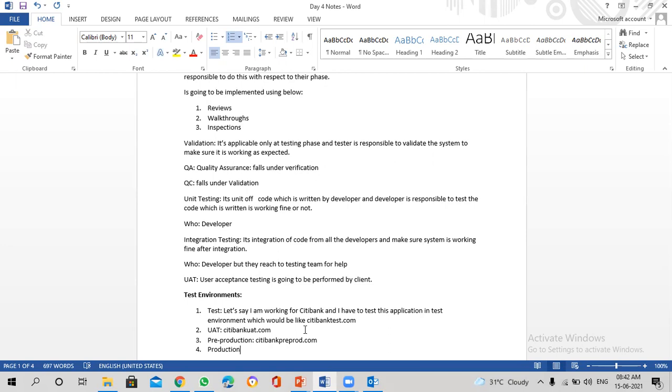And before going there, these are the standard environments every project will have. Okay. And it can also have more than these environments. Like say I have a product which is used across the globe. Okay. So when I say across the globe, I will have product owners from different regions. Like one is APAC, Asia Pacific, and one is EMEA, which is nothing but the Europe region, and you have AMER, which is nothing but the America region.